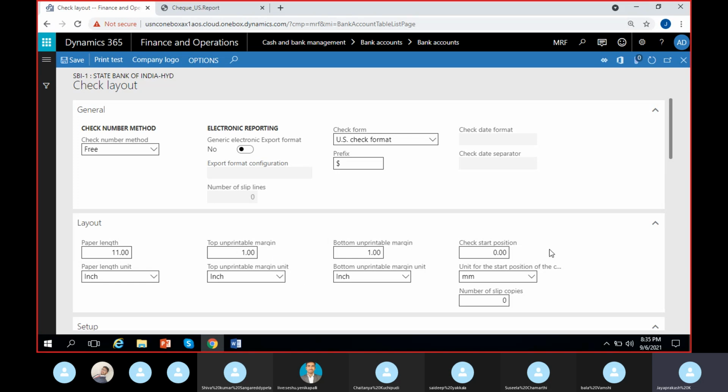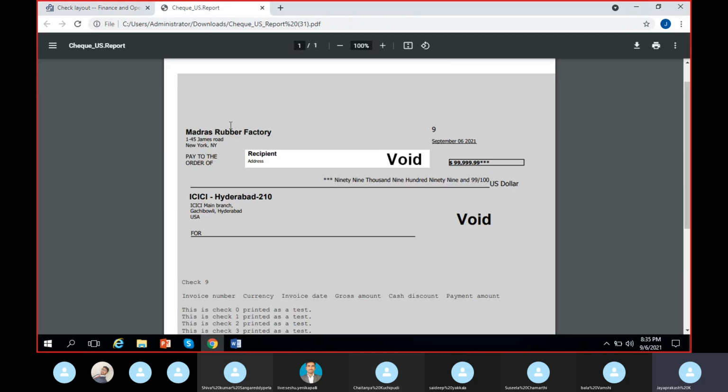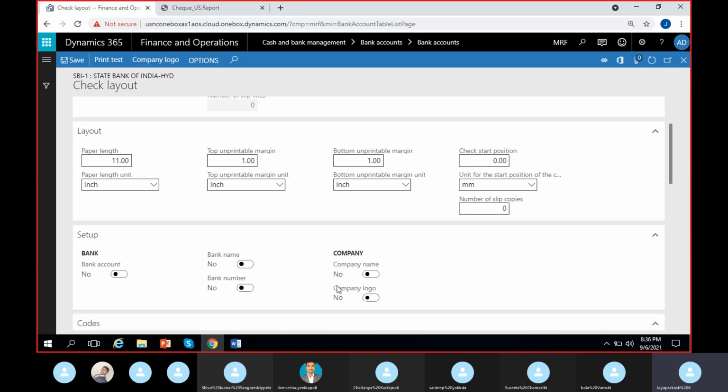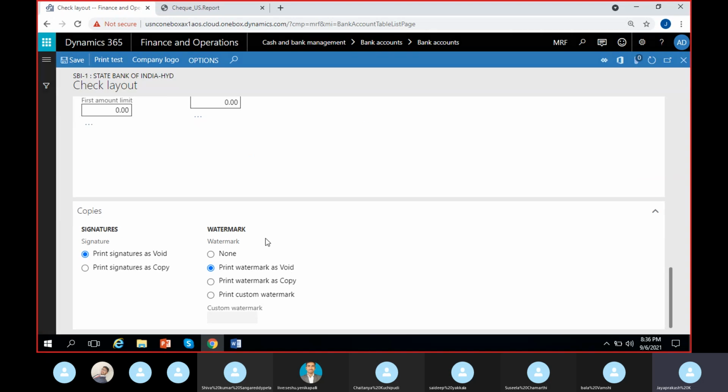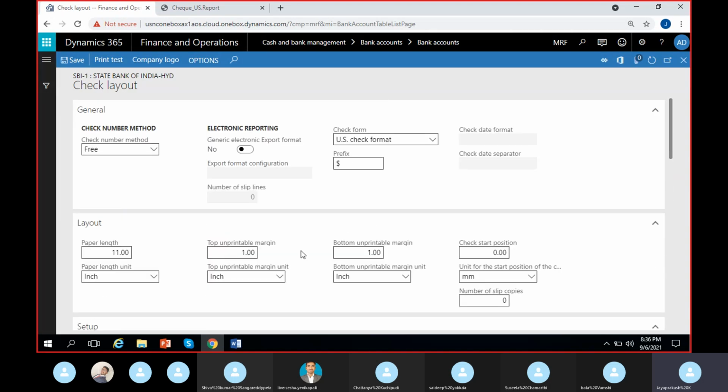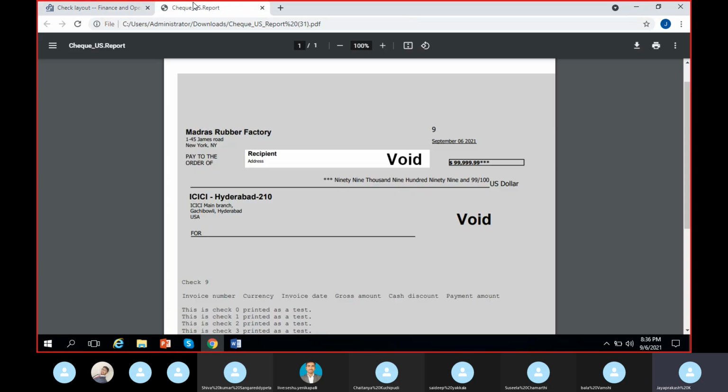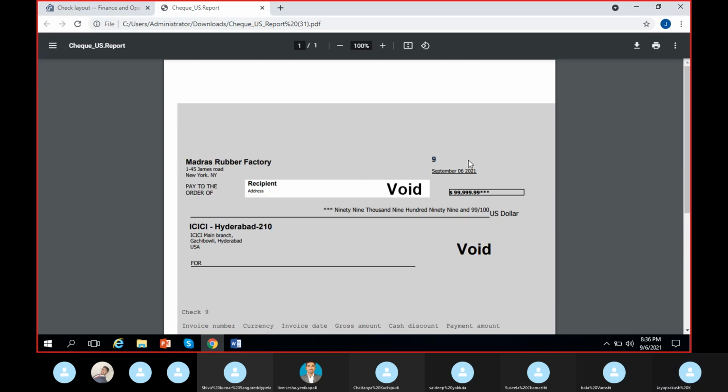Last time when we gave 1, it actually took 2 inches of space here, as you see. I guess it is 2 inches of space. So let's give 1 and let's leave this as 0. And the bank details to be printed, yes. Company name, yes. And nothing else, that would be sufficient. Then here you can see check number, I mean it's a rough number, check number 9. It will print whatever check number you give